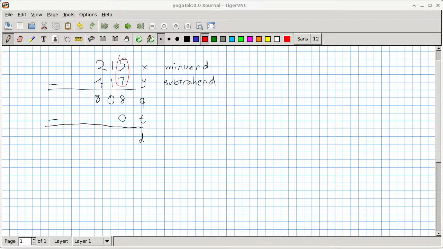So as a result, we have a borrow of 1 as T1. Now we want to figure out what is T2. T2 is this little spot here. T2 also depends on the subtraction of x1 minus y1, but in this case, x1 minus y1 does not result in a borrow because x1 is not less than y1, and as a result, there's no borrow from that